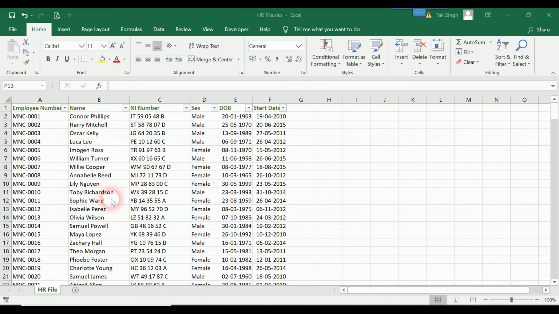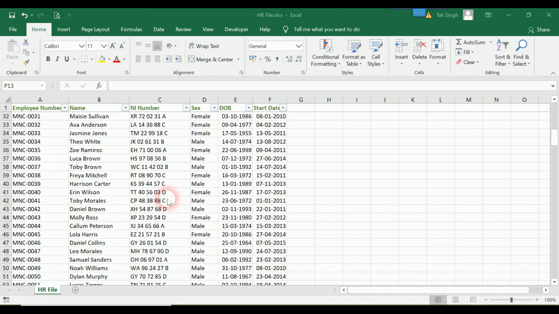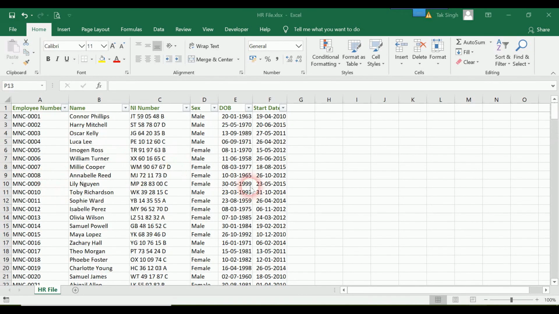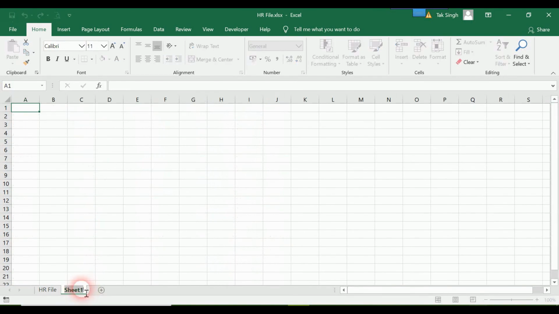These are just random data I picked up, or you can create it. I'll show you later on in the course how to create or generate your own random data set and populate the columns. But over here these are just random, and what we are going to do is split the data. And before we do that, let's just create another sheet over here, and let's name it as our database.